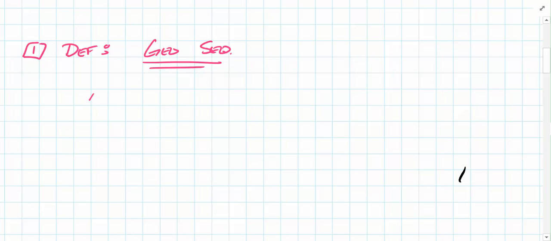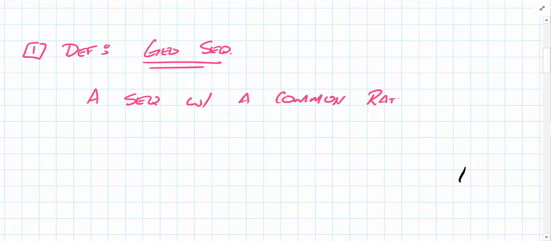Let's start off by talking about a definition for ourselves. So, the first idea. So we're going to define what a geometric sequence is. Okay, a geometric sequence. For us, it's going to be a sequence with a common